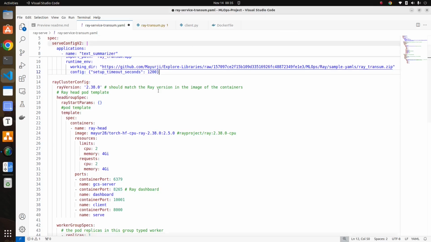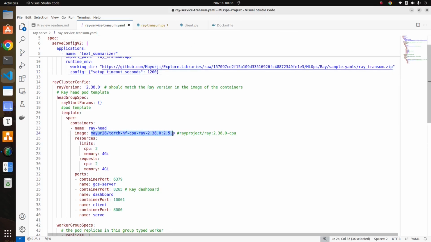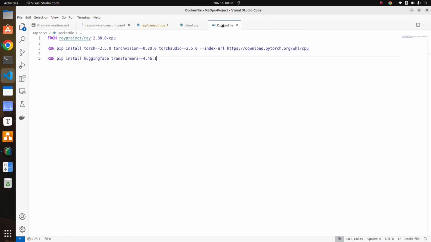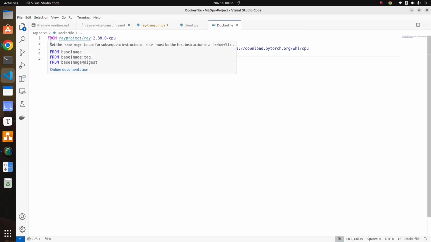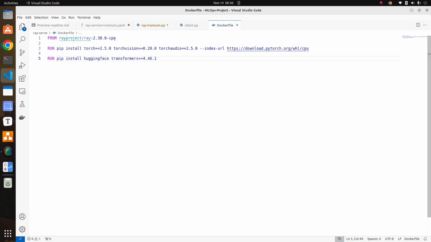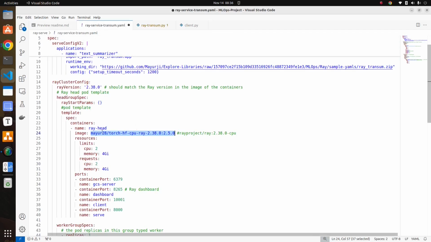If I go to the Docker file, this is the Docker file I created and the Docker image that I created. Here I use the base image 2.38.0-CPU, and these are some packages that I wanted to install for running my application, which is translation and summarization: Hugging Face, Transformers, Torch. So I create a new image out of this base image. We can see it here: Mayur, Torch, HF, which is Hugging Face, CPU, Ray 2.38, and